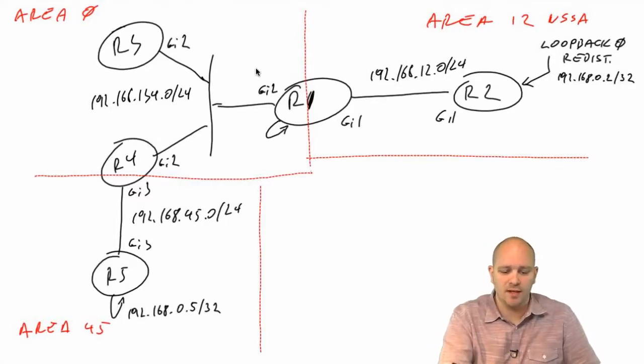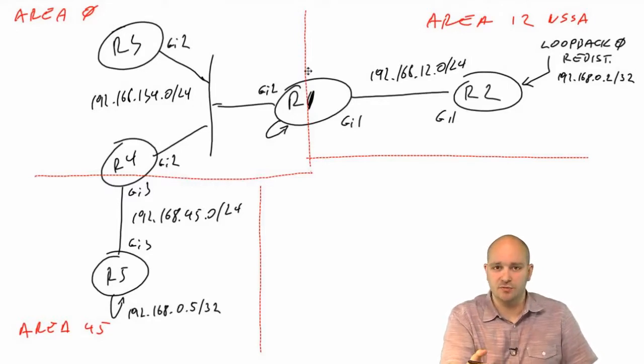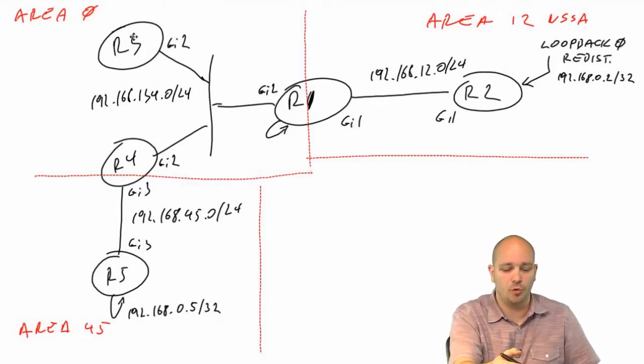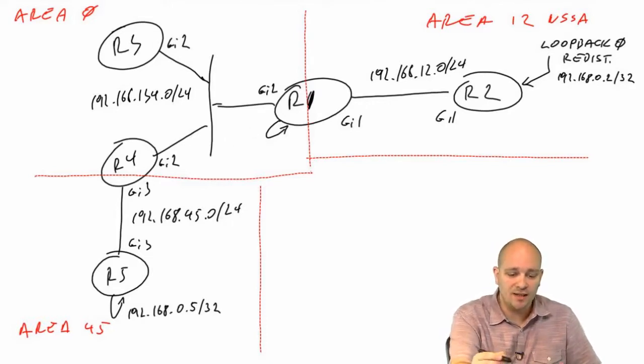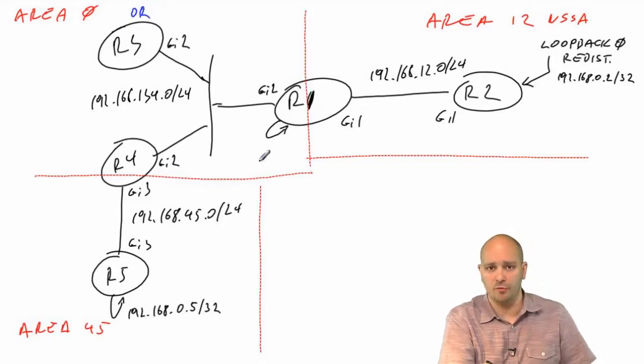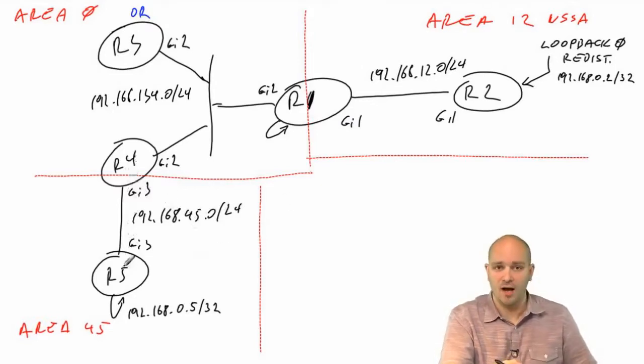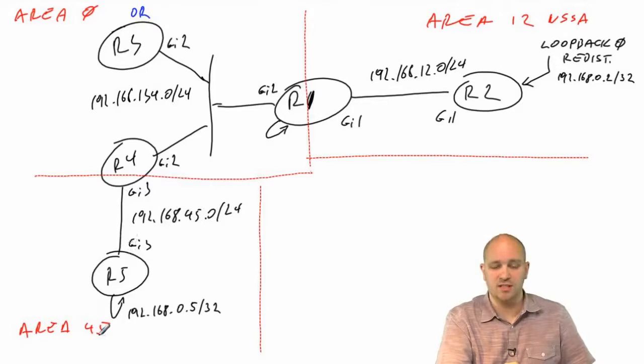So as a quick reminder, what I have here is backbone area, area 0, that consists of 3 routers, R1, R4, and R3, and they are interconnected on this shared segment. Even though it's not relevant here, R3 is the DR on this shared segment, and R1 and R4 are DR others. I also have between R4 and R5 a point-to-point link, which is in area 45, and in this area 45